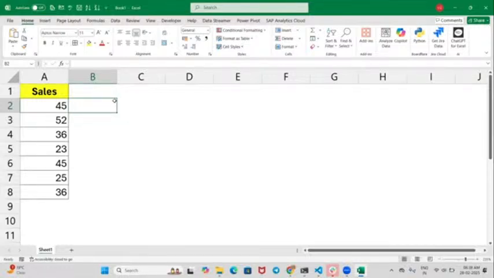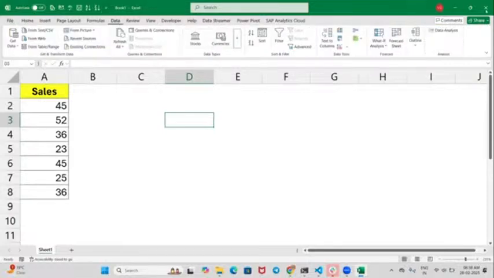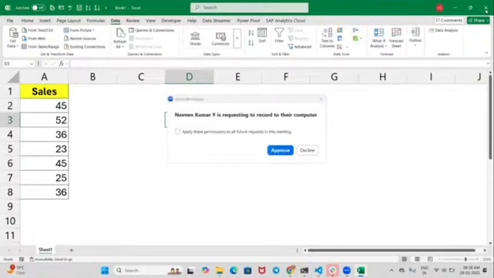So now the thing is, I have to calculate the descriptive statistics. How do we calculate it? So here in the data tab, okay, so there will be